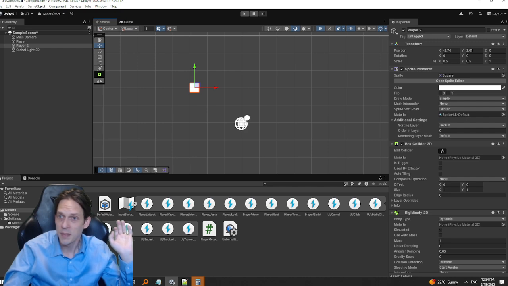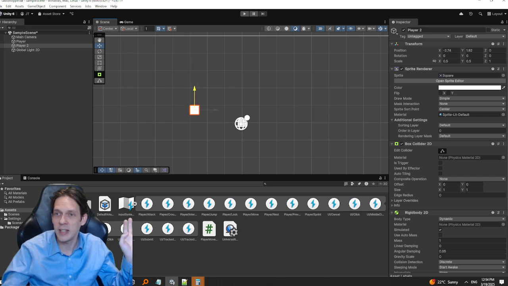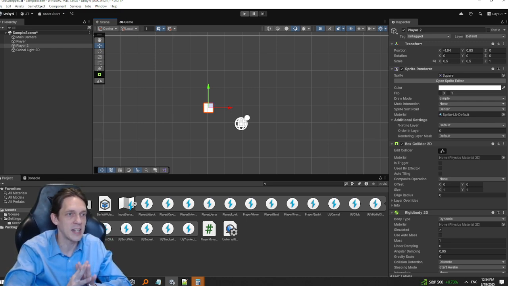If there was a third dimension, there would be another arrow going out this way, and these arrows have to be clicked specifically in order to drag the object around, and it locks it on the axis it's in. So if I carry this by the green and swing my mouse left and right, which is what I'm doing, you can't see my mouse, sorry about that, but it can only go up and down. I can't go left and right. And the same goes here, I can only go left and right, can't go up and down. So there's no easy, fun, quick positioning. This is going to kind of suck.